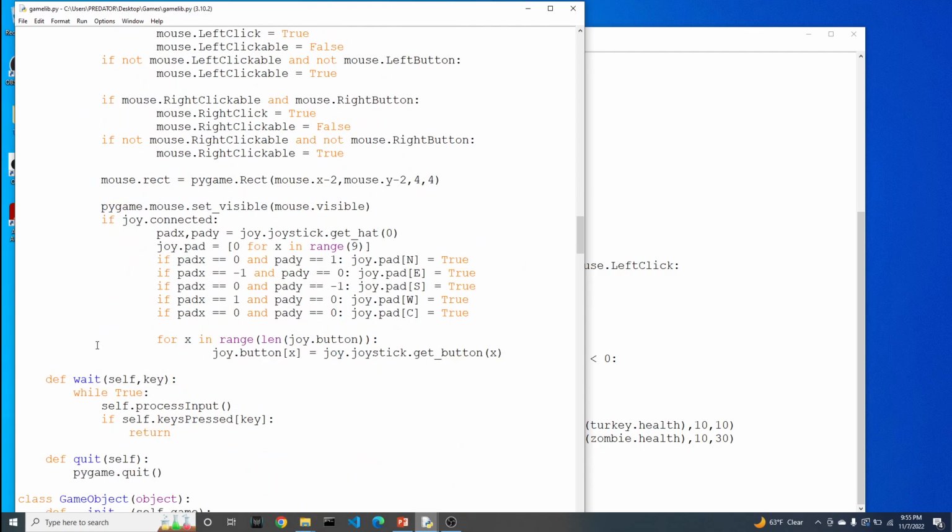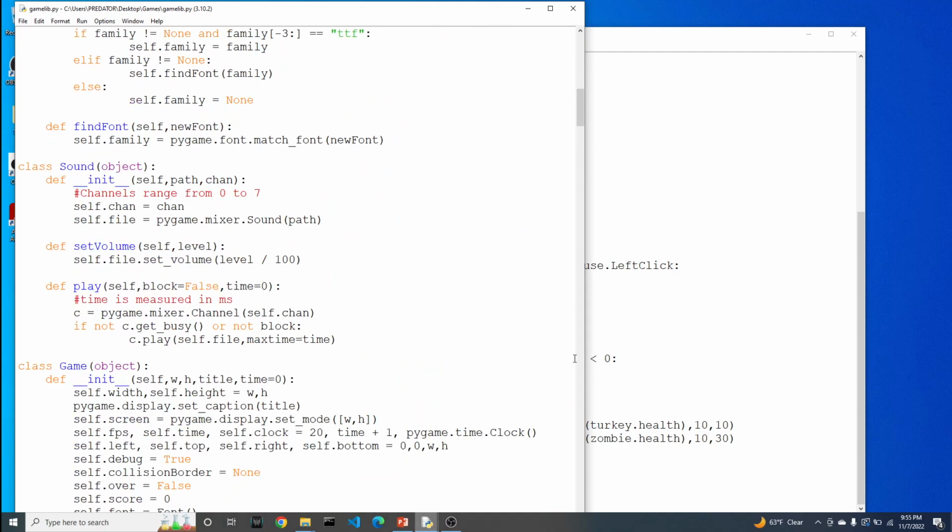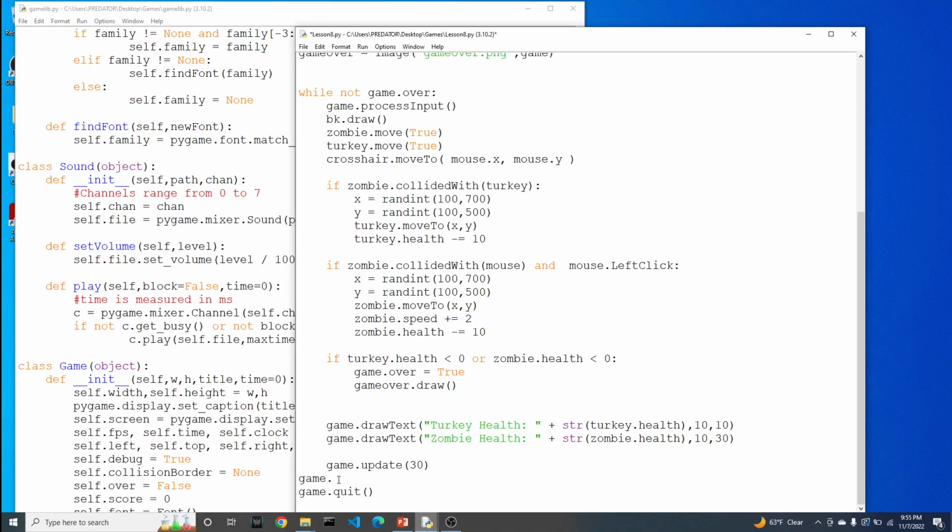And this is what I was looking for. So the game object has a function called wait that waits for the person to press a key before continuing on. So let's take advantage of that. Again, this is coming out of the game object. So what I can do here is I could say game.wait, and let's wait for the person to